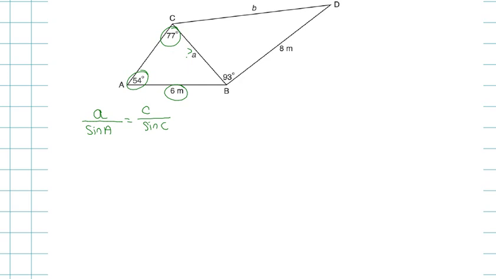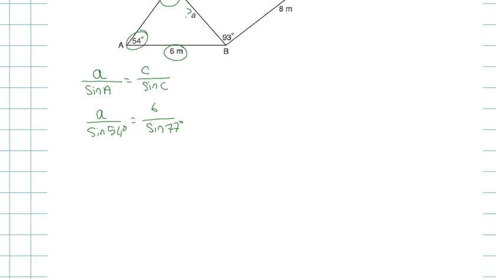Sine 54 equals 6 over sine 77. So cross multiply. A equals 6 times sine 54 over sine 77, which is equal to